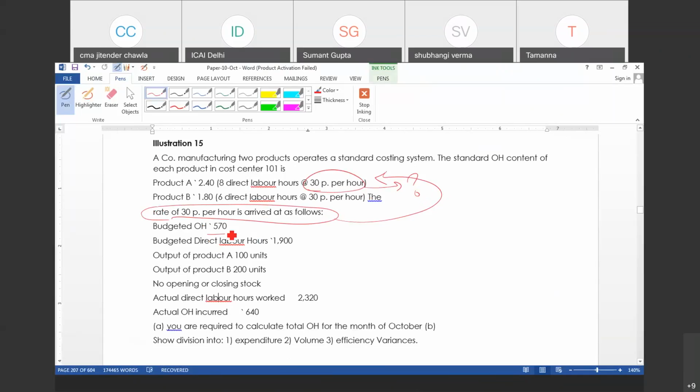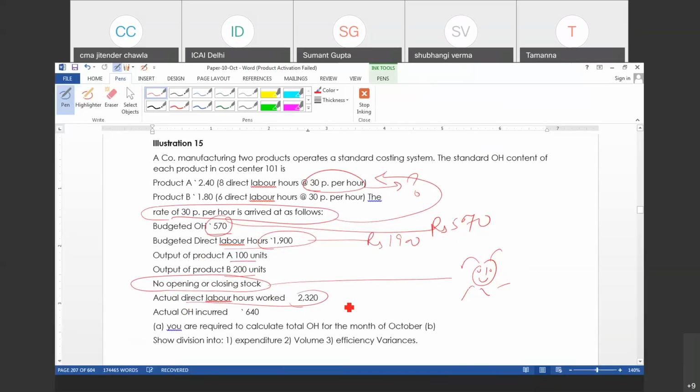वो कह रहा है बजटेड ओवरहेड रुपीस में दिया हुआ है ₹570। बजटेड डायरेक्ट लेबर आवर्स 1900। आउटपुट ए का, आउटपुट बी का, देयर इज नो ओपनिंग एंड क्लोजिंग स्टॉक। आप खुश हो गए, डांस करने लग गए, वाह वाह वाह। ओके, एक्चुअल डायरेक्ट लेबर आवर्स 2320 और एक्चुअल ओवरहेड incurred is ₹640।